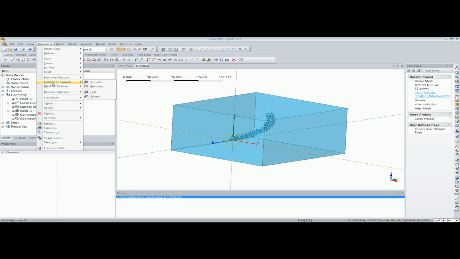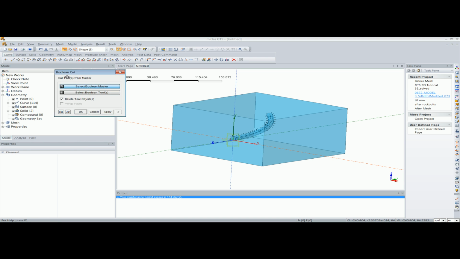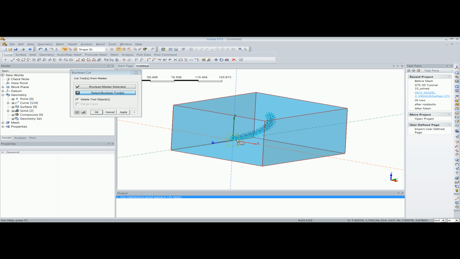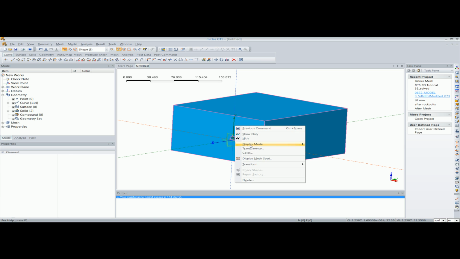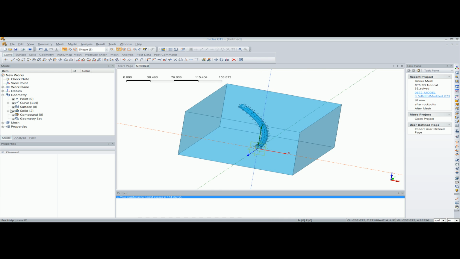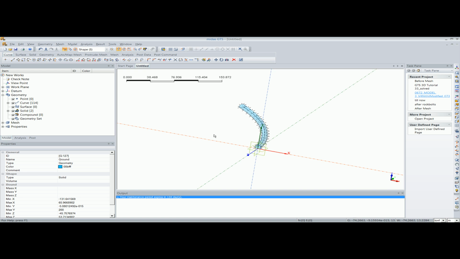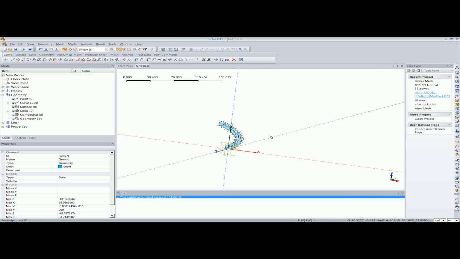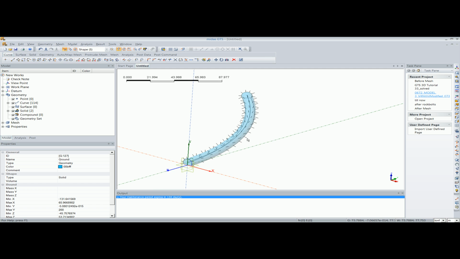So I'll use the Boolean operation, and I'll cut the tunnel solid from the ground solid. So I will select the tunnel solid. As you can see here, you can select the tunnel solid, and you can cut the tunnel solid from the ground solid. Now I'll hide the ground solids, and I will divide the tunnel solid based on the excavation